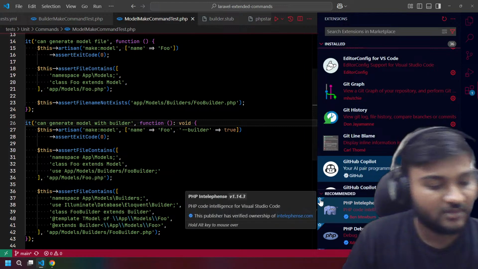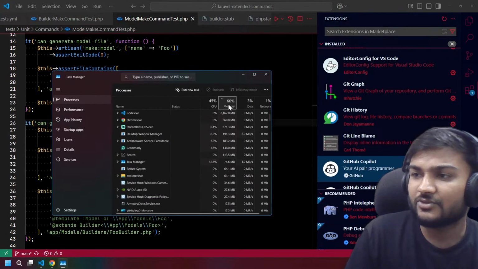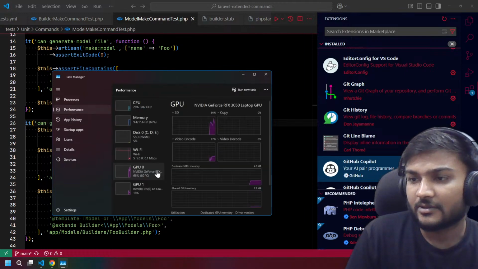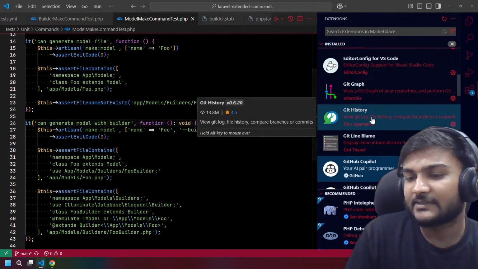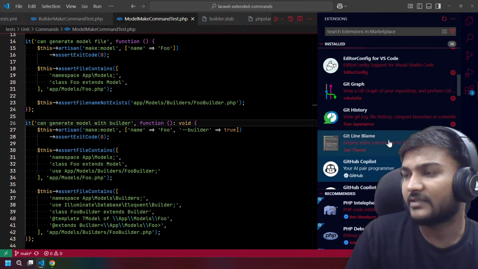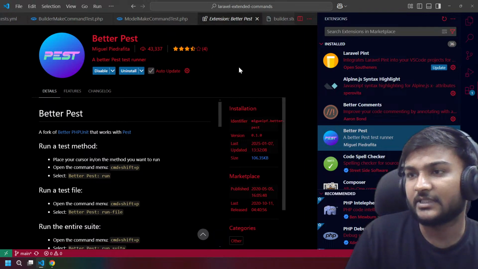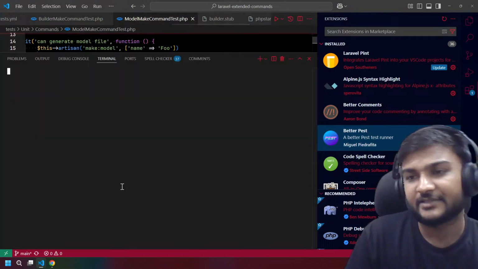Why? Let's see what my memory is saying. We are just using 60% of memory, right? We are using 60-70% of GPU. We are using less memory. So why is it saying that we cannot use it? Let's disable it and enable it again. Okay, whatever. I don't care.